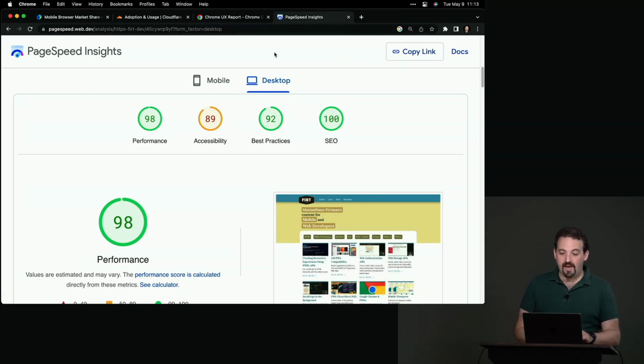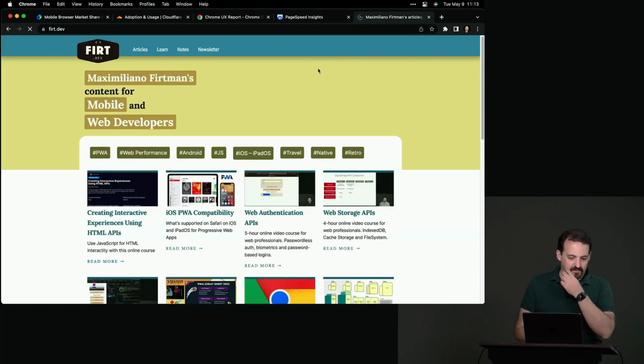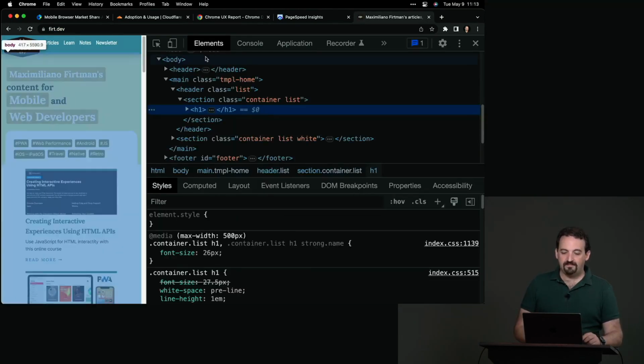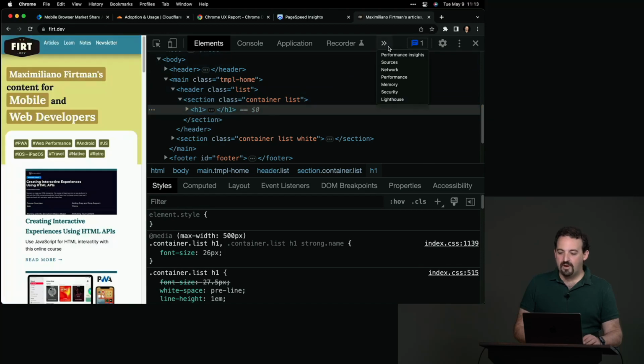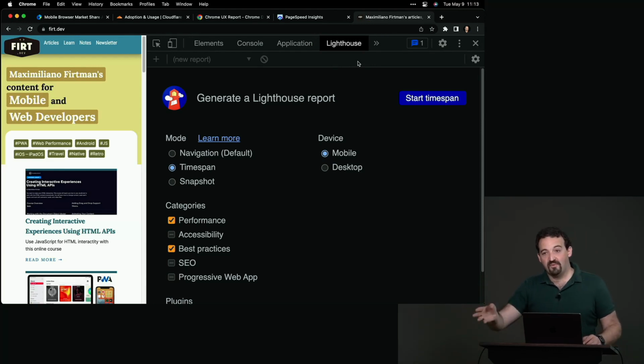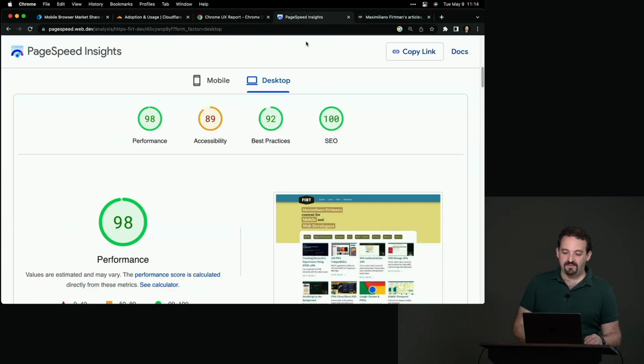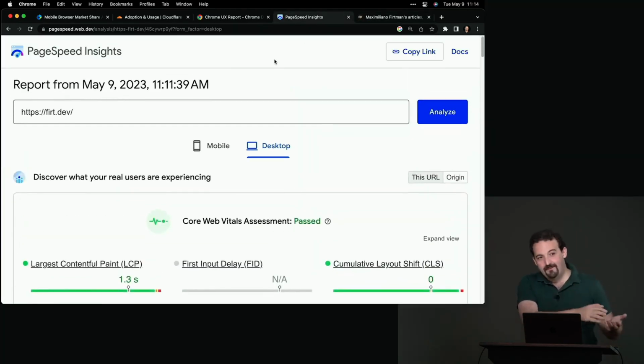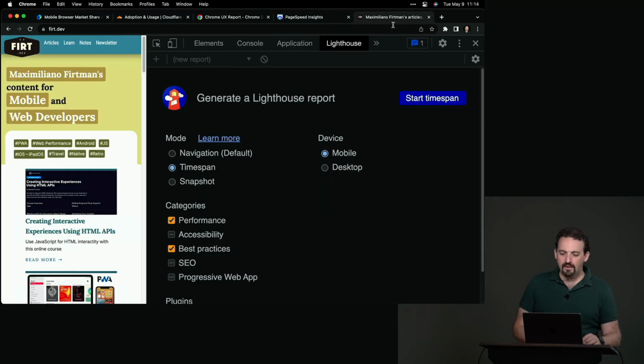So it's a tool that you have, for example, if I load my website, I can also load Frontend Masters. If you inspect, if you open DevTools on Chrome, you have a whole category, a tab with the name Lighthouse. That's Lighthouse integrated in Google Chrome. But Lighthouse is also integrated with a lot of other performance tools, such as PageSpeed Insights. That is just a cloud-based analysis tool, okay? Where you can create a report. In this case, it's going to create a performance report, and we will see that in action today